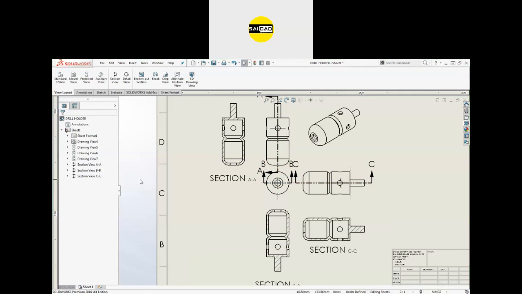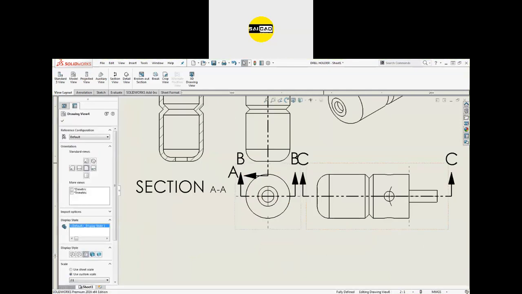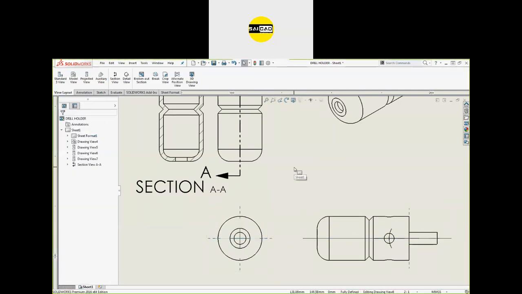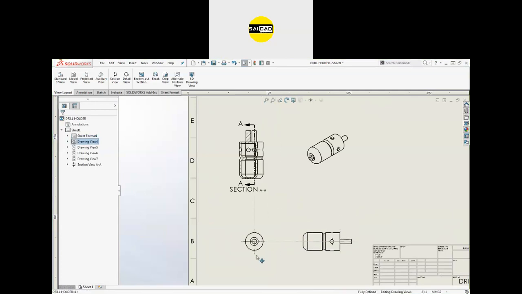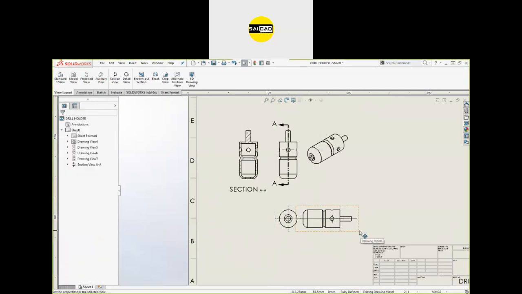Okay. So what if you need a view that is at an angle? If you want to cut this at an angle, how can you do that? You can adjust the space between two views like that. You can just drag them. You can drag this one also.